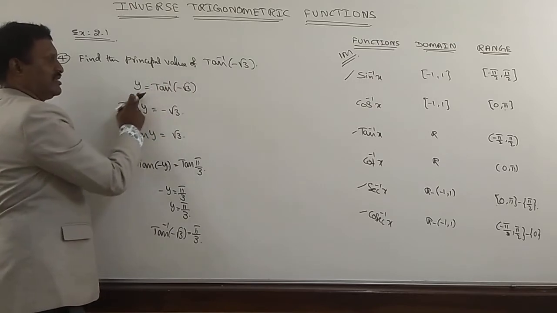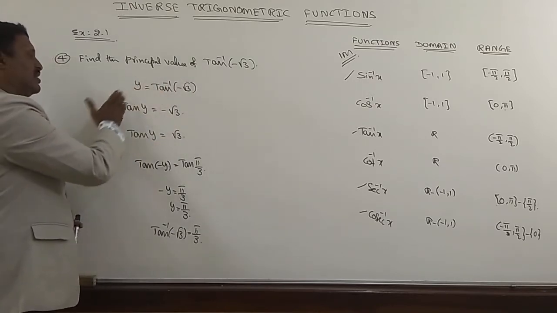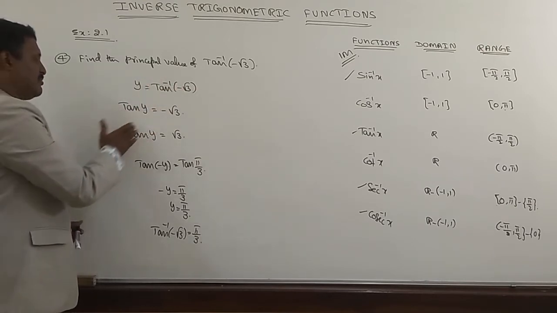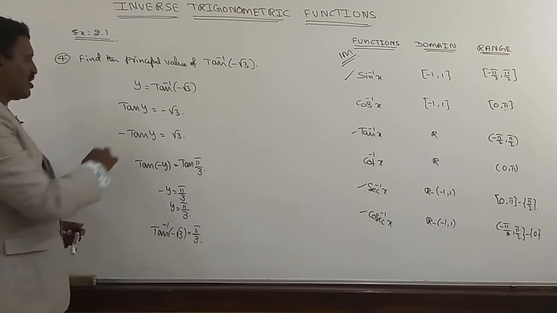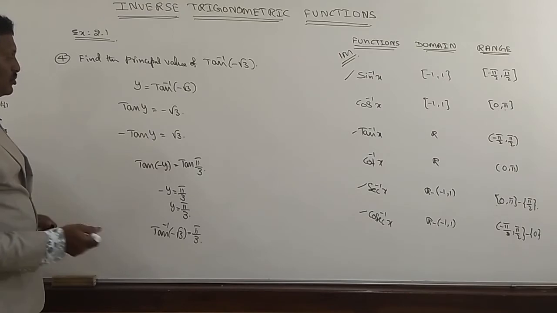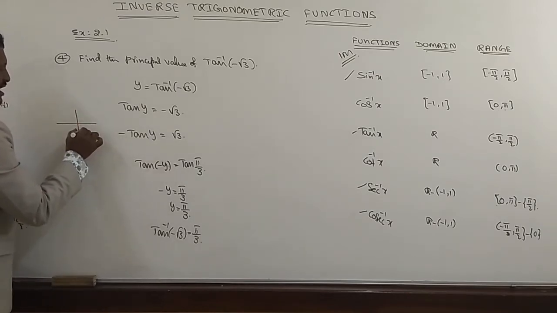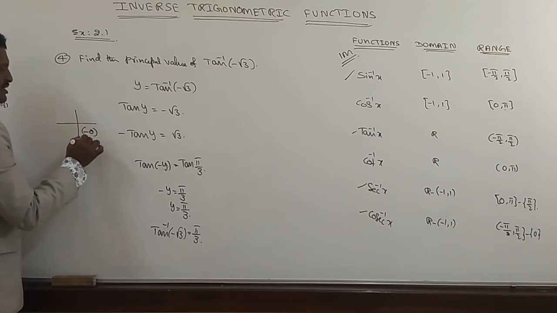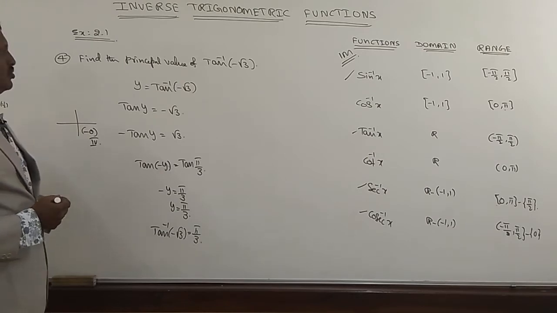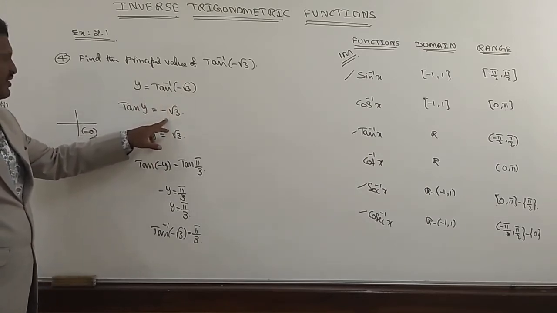Now first y is equal to tan inverse of minus root 3. Tan inverse, take it to the left hand side. Tan y is equal to minus root 3. Multiply by minus sign: minus tan y is equal to root 3. Now minus tan y you can write as tan of minus y, because in the fourth quadrant tan is negative. Minus theta comes under the fourth quadrant. In the fourth quadrant, tan is negative. So y is equal to tan inverse of minus root 3, tan y equal to minus root 3 we can write.